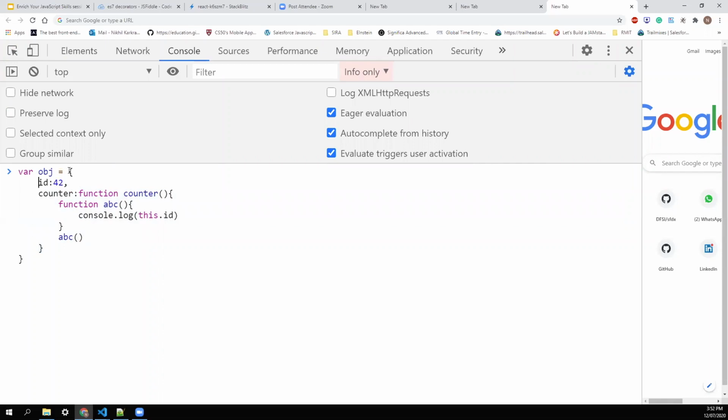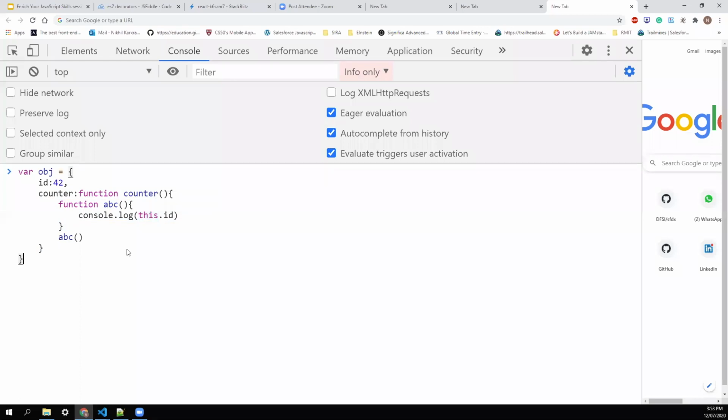Okay, so we created an object where that object has a property ID, then it has a method counter, and within that method I am executing another function that is a function declaration, not a method. And when in that function declaration, if I want to access the this value, this property, it is not available.